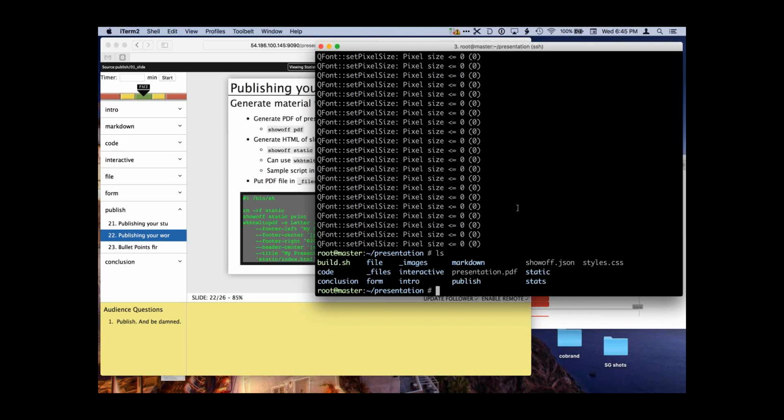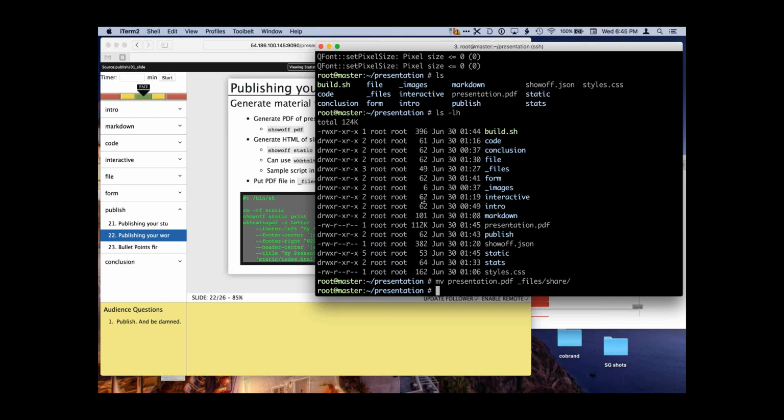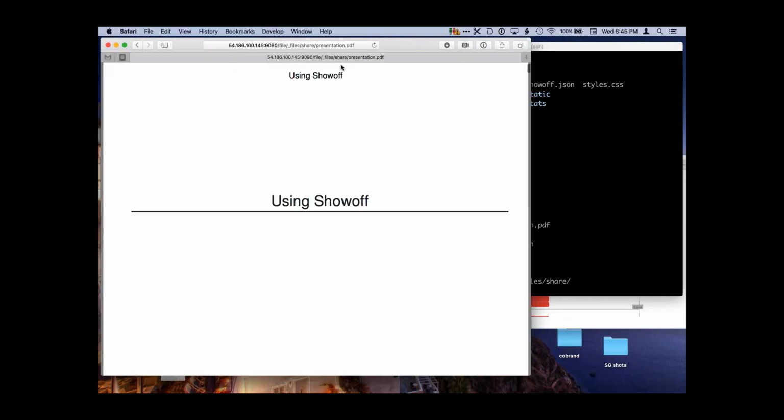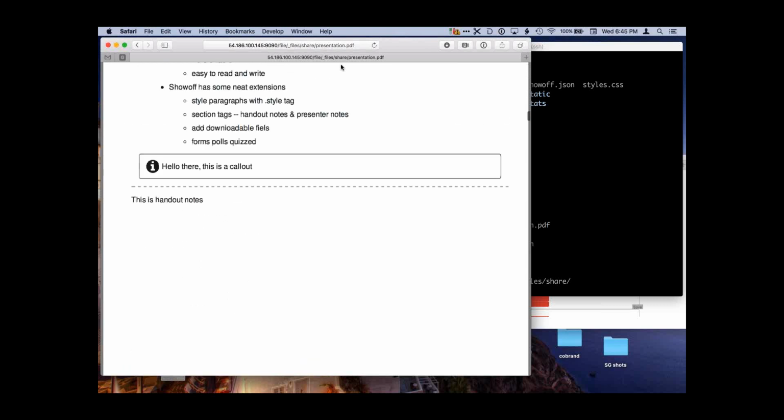But now I have a file called presentation.pdf in there. And I can move presentation.pdf into Files, Share. And now you can all download it by going to the download page, and grabbing that PDF file.